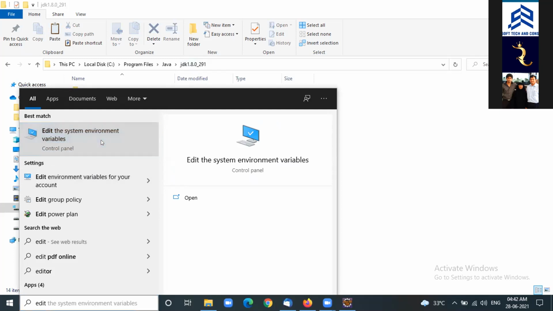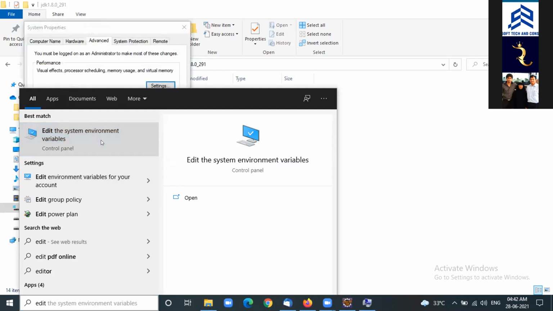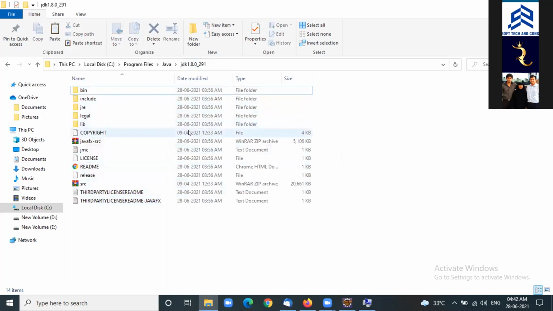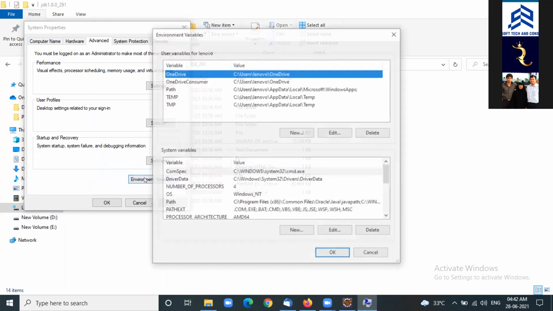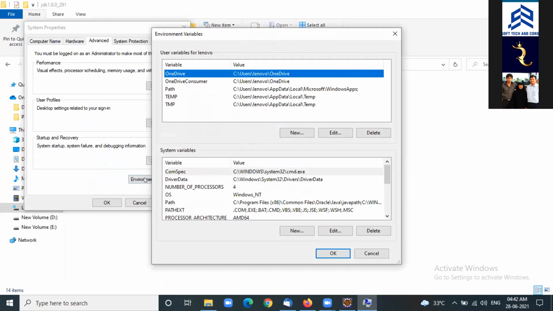Click environment variables. Shabir, please follow these steps if you didn't add the Java path to the path variable.